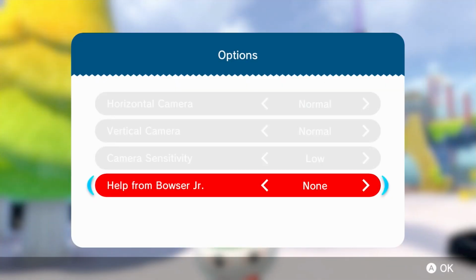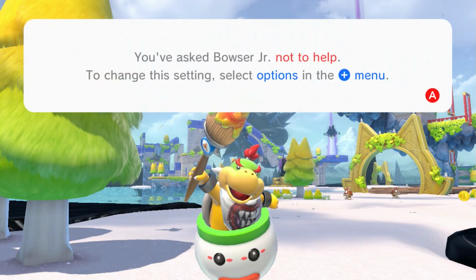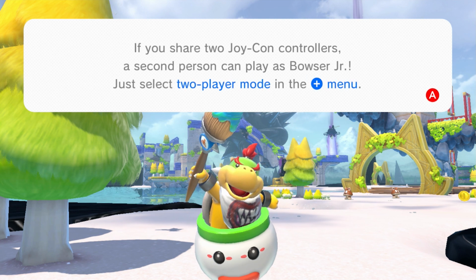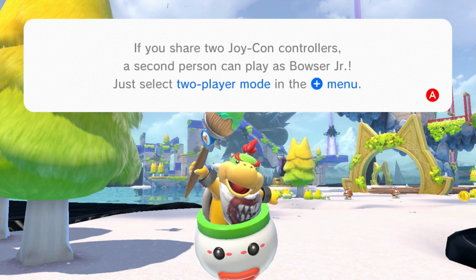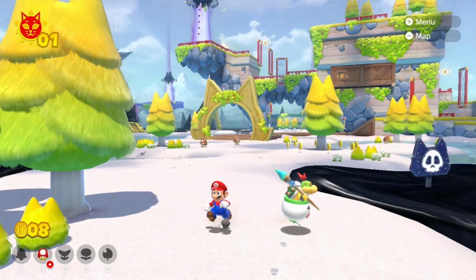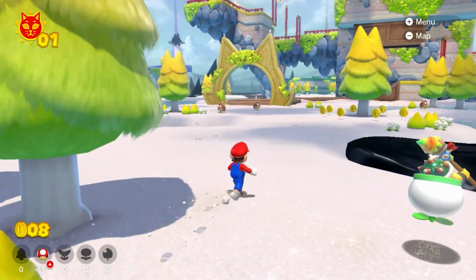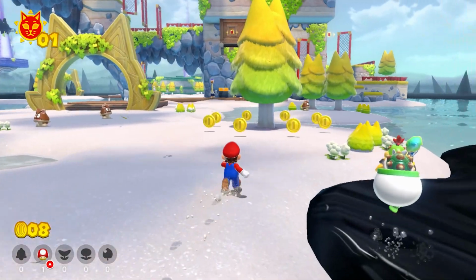I'm of course going to set this to none. I don't really need any tutorials from Bowser Jr. I'm not sure what he tells you. He might be helpful, I don't know. Usually the help in Nintendo games is pretty vague. But now we have all of this world at our fingertips, and it's a pretty weird open world kind of form of 3D World,